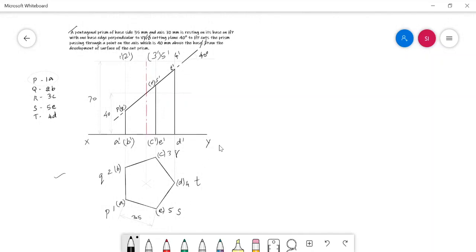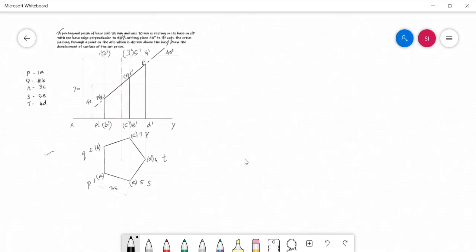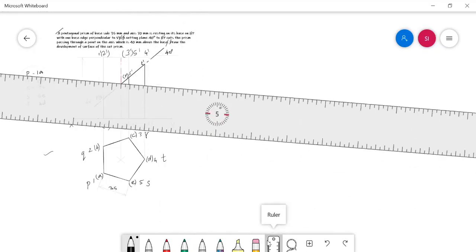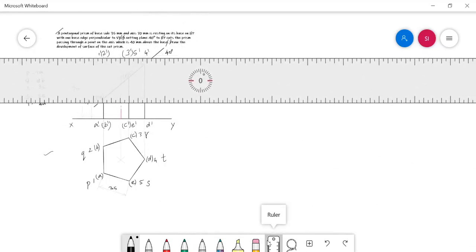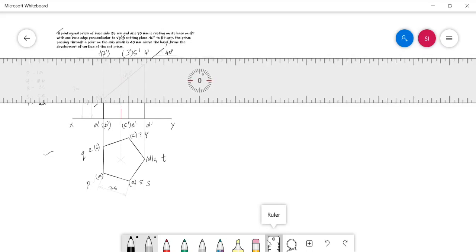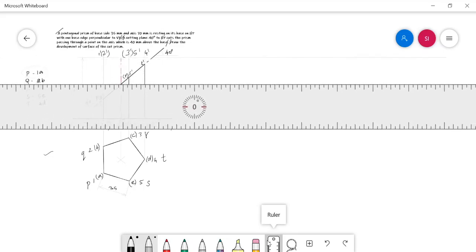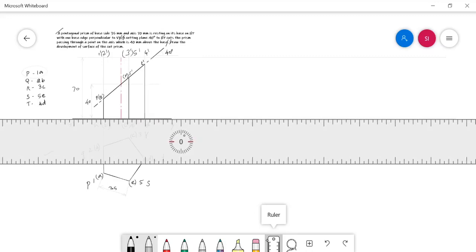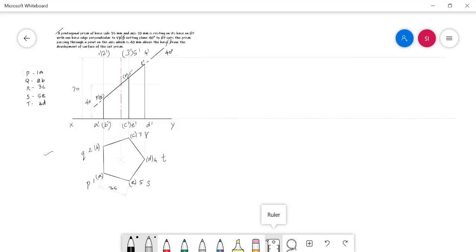Okay. And after that, it is a prism, so we need to follow the parallel line method to develop this. For that purpose, first we need to draw the two stretch out lines, that is the top stretch out line and the bottom stretch out line. Let me draw these two lines. The top stretch out line should be drawn along the top face of the solid, and the bottom stretch out line can be drawn along the XY line. Yes, I drew with some excess length, that's not a problem.